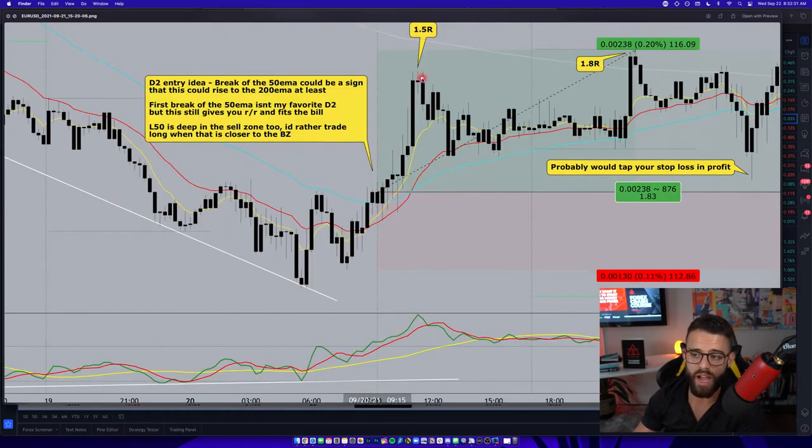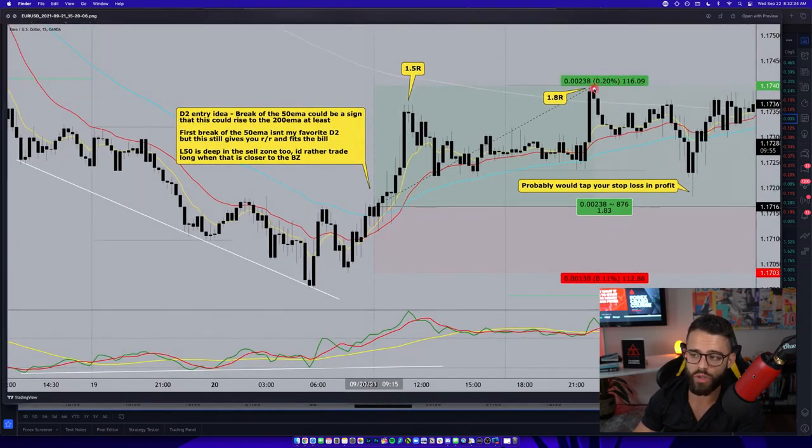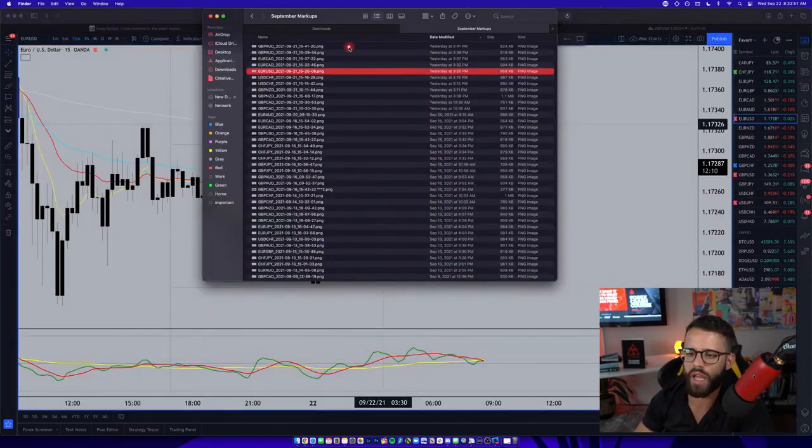It goes about 1.5R on Monday. And then if you held into Tuesday, you get almost 2R. The pin here might stop you out in profit depending on where your stop loss was. I know Jay and Mike were done with the trade at that point. So that's why I marked it up the way that I did. But again, it's a 50 EMA break using the divergence, trading it counter trend towards the 200 EMA. It's very similar, in fact, if you look at